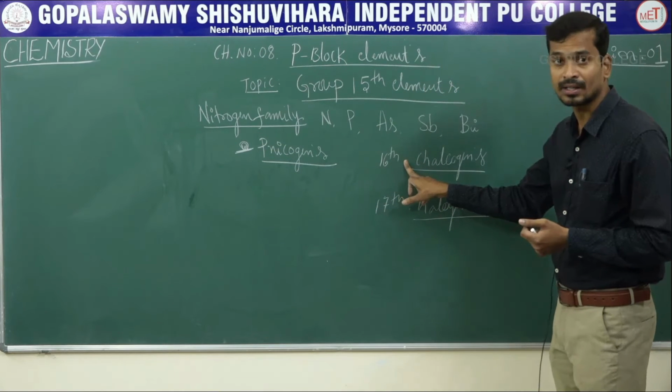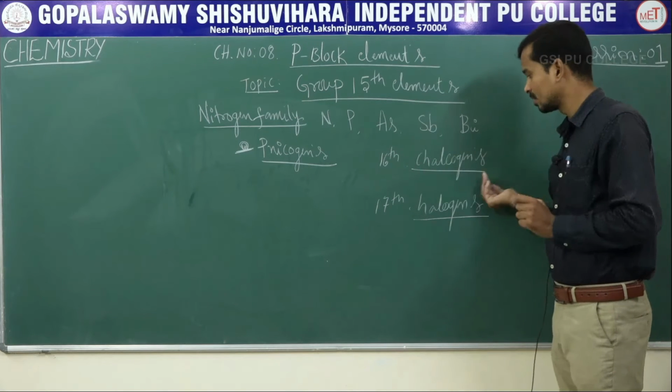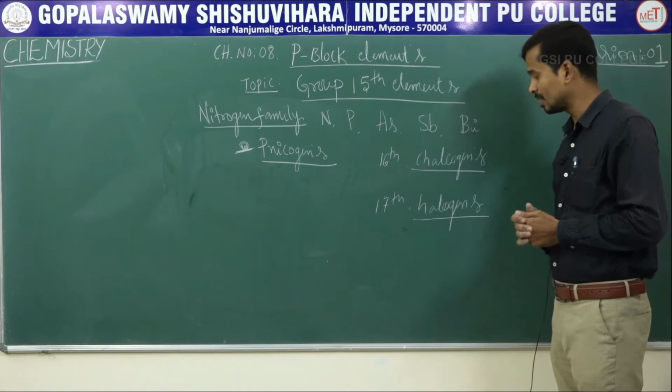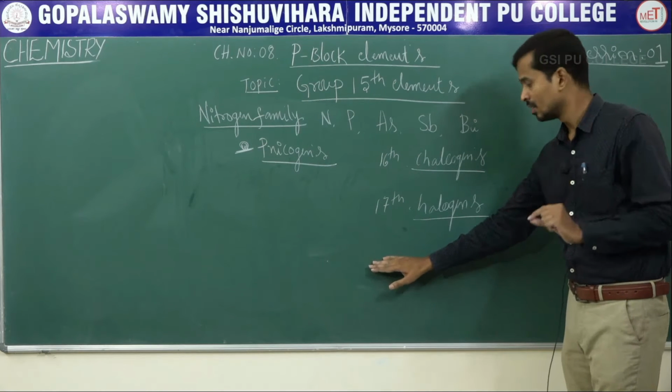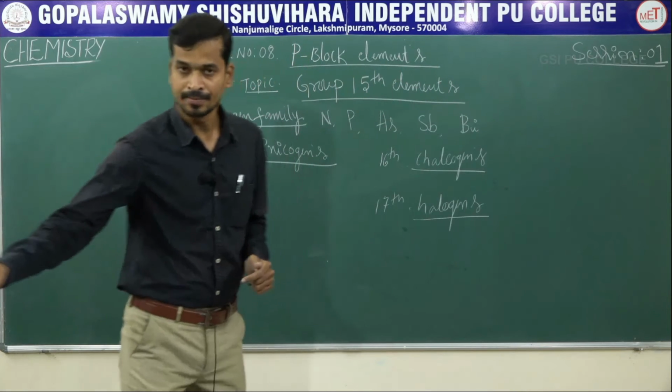Group 16 is also called chalcogens, meaning ore forming elements. Group 17 is called halogens, meaning salt forming elements. Group 18, you have to study, is called noble gases, inert gases or rare gases. Okay? Next,